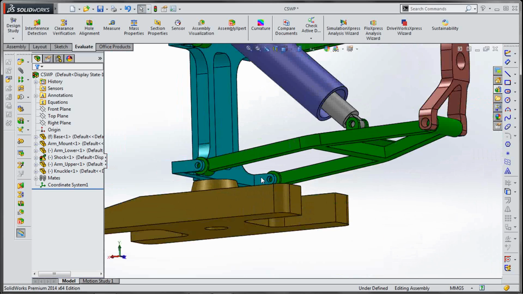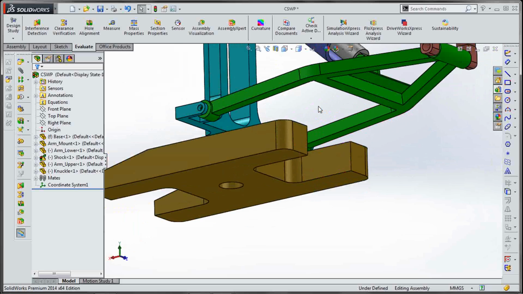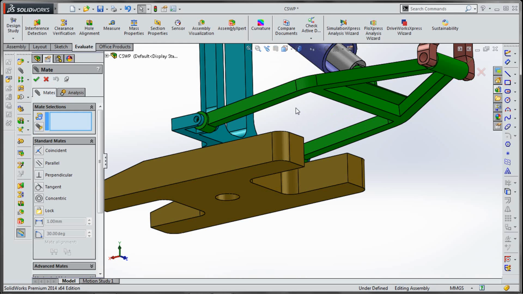So let's set the angle mate before we make a new part.